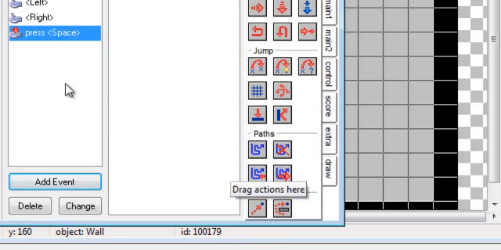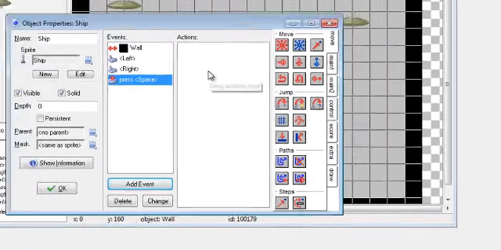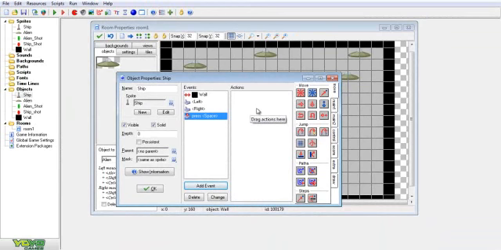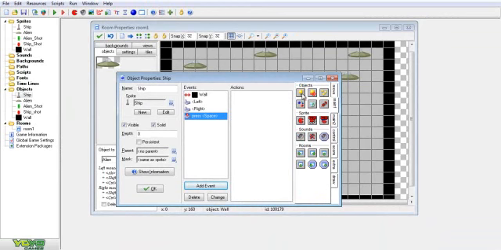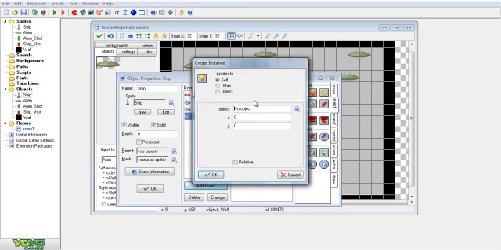So this means whenever space is pressed, it'll do what you say in the actions section. So when space is pressed, we're going to go to, on this side menu here, main 2, and create instance. Drag this into actions, and we're going to select object here, and we're going to select ship shot